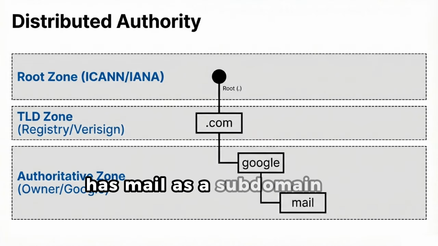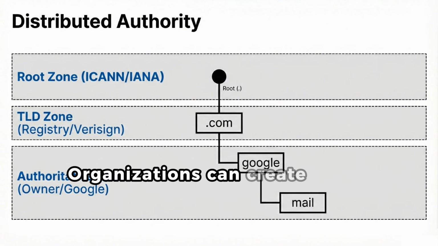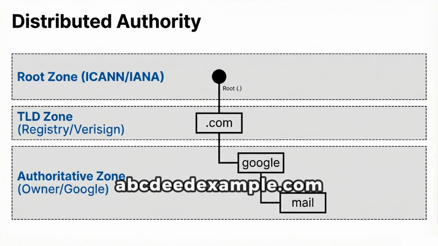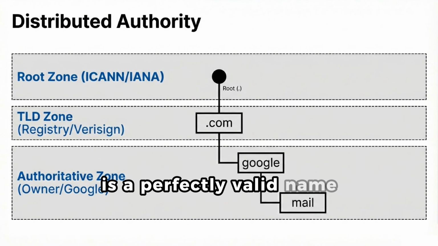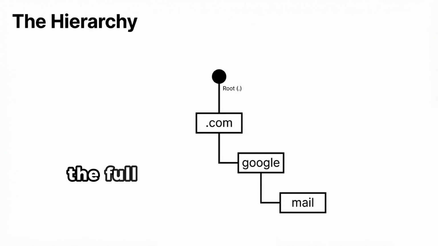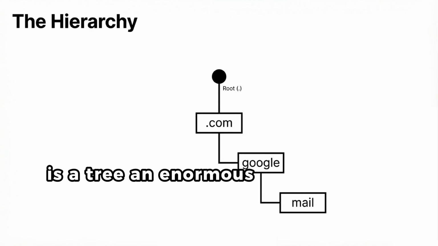mail.google.com has mail as a subdomain of google.com. docs.google.com has docs. Organizations can create these themselves, as deep as they want. abcdexample.com is a perfectly valid name if someone wants to set it up. So the namespace, the full universe of all possible domain names, is a tree, an enormous tree, with the root